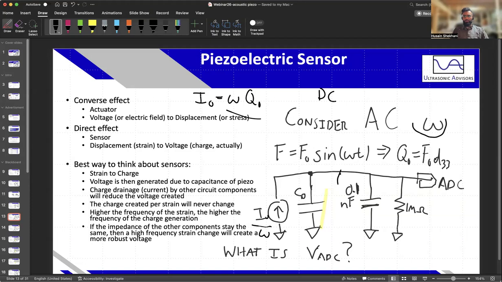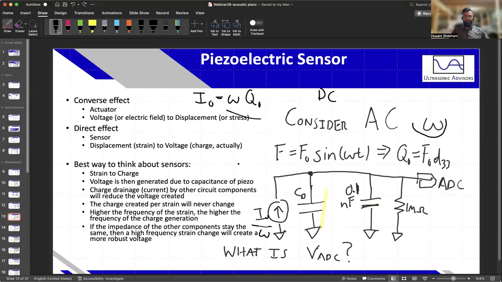Here I drew this just for understanding. When we measure our piezo sensor, we connect with wires and cables, and that is a huge deal, because low quality or long cables will add more capacitance. All the connections have capacitance and resistance. And the ADC itself, whatever you're measuring with, an oscilloscope, has 1 megaohm or 10 megaohms, depending on the probe. All of those things affect the voltage measured, because the charge input is the same, but the charge generation rate is going to be